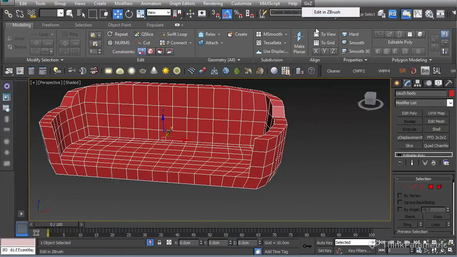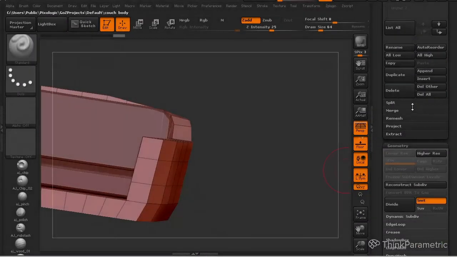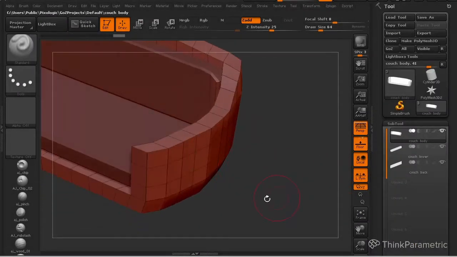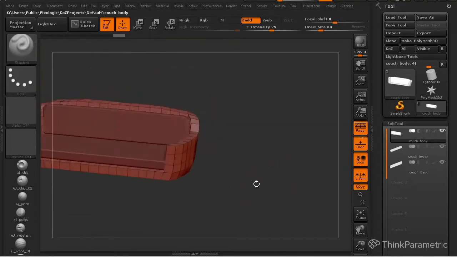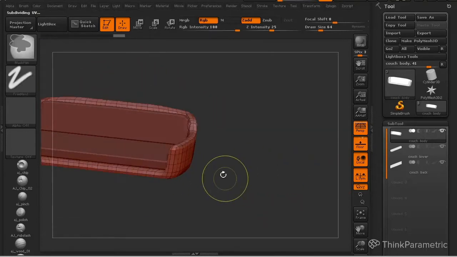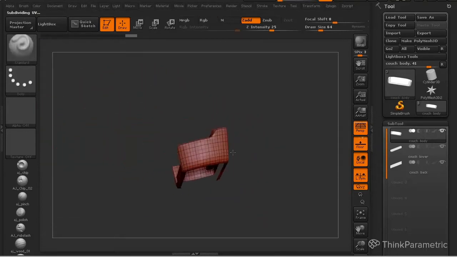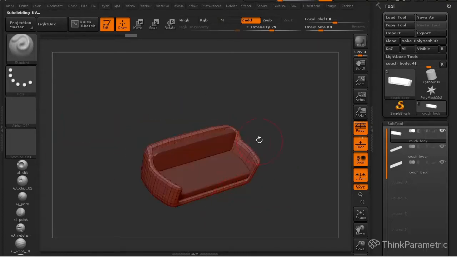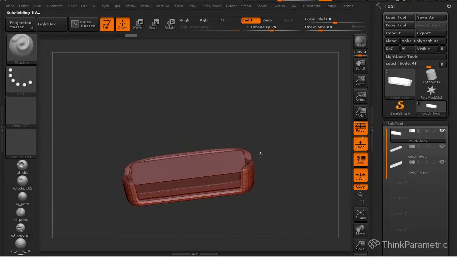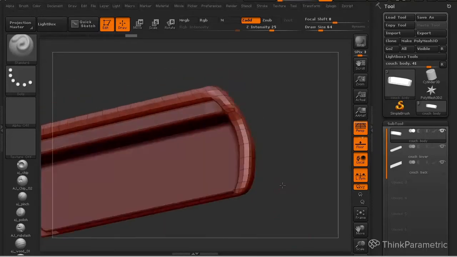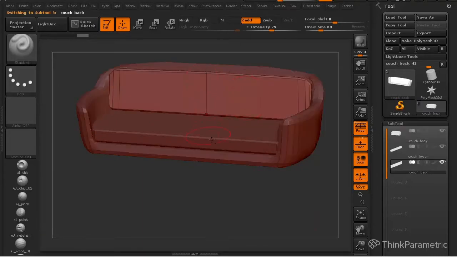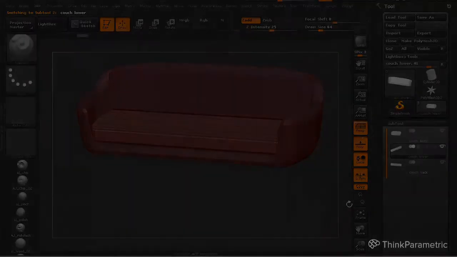So we send this into ZBrush, and there you go. We have a little bit more of an even surface. And if we start dividing here, everything will be way more smooth, way more even, and it's going to work better for ZBrush. Okay, so we're going to do the same for this one and this one.